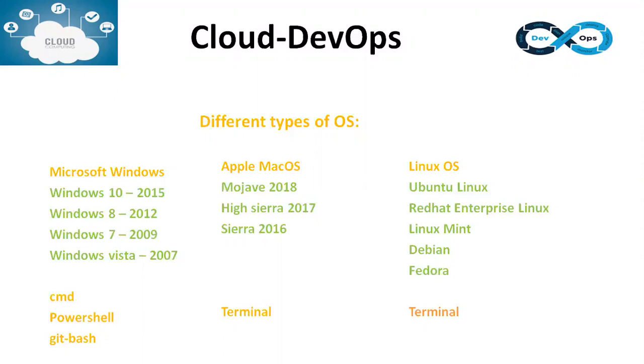And if you go for Microsoft Windows, we can see Command Prompt and PowerShell. And these days we have started using Git Bash also. These are the three terminals, or command line interfaces, we can access. And if you look at another operating system, we can see Apple Mac OS. These also have different flavors. Versions 16, 17, 18 were released. So people are on different versions of Mac OS.